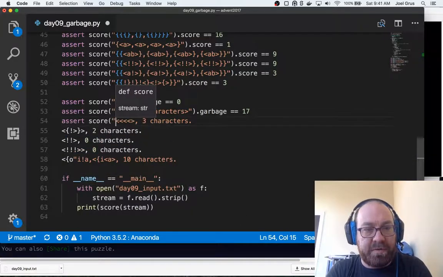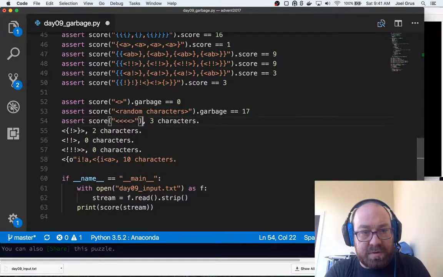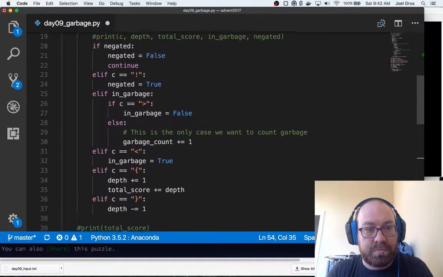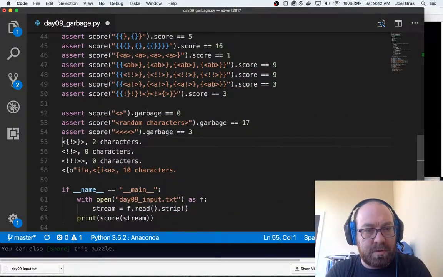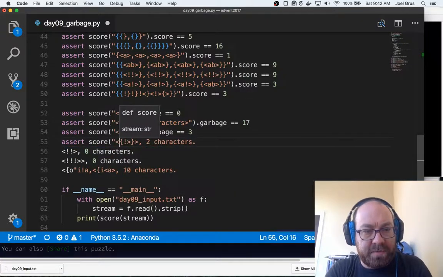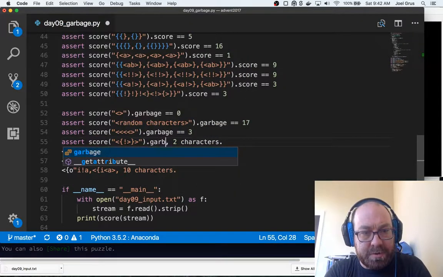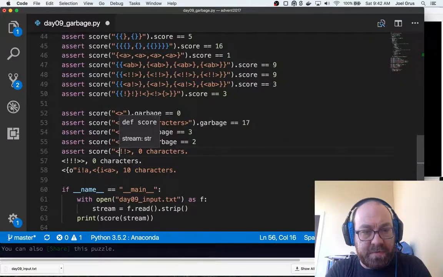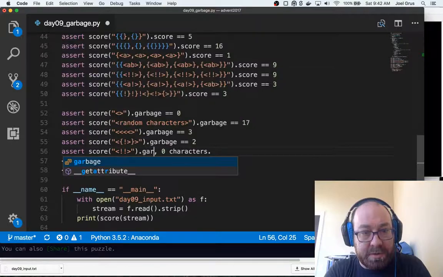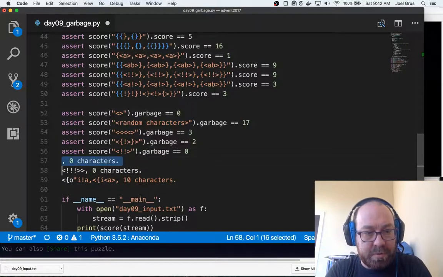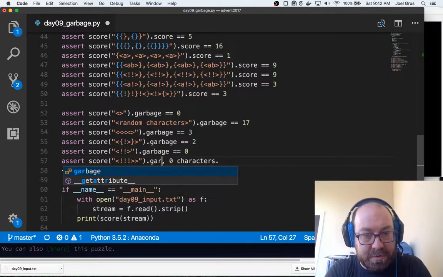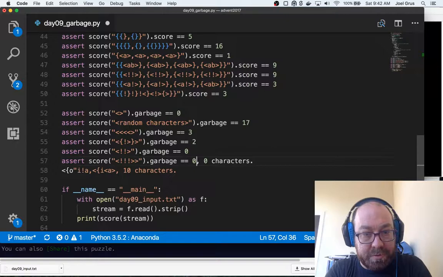Assert score of this dot garbage equals 3. Assert score of this dot garbage equals 2. Assert score of this dot garbage equals 0. Assert score of this dot garbage equals 0.